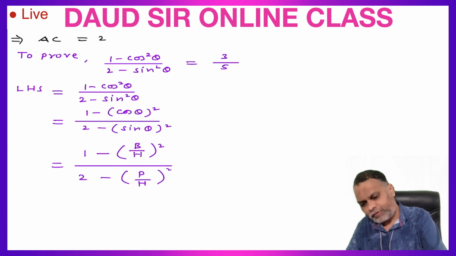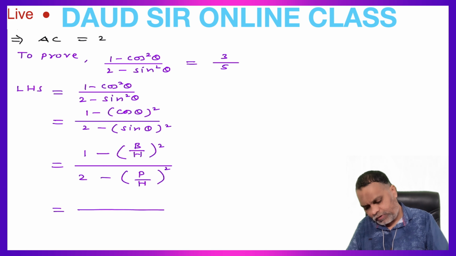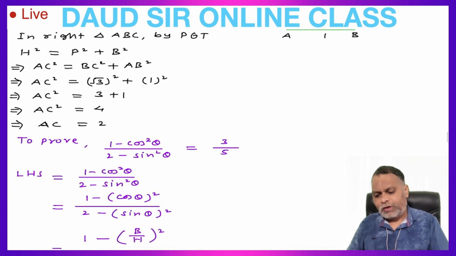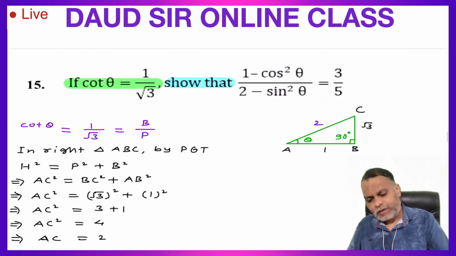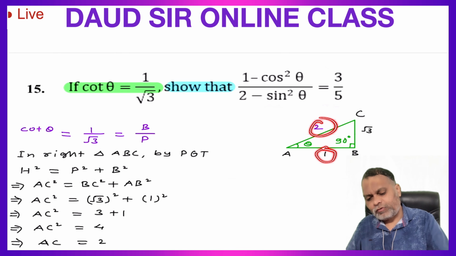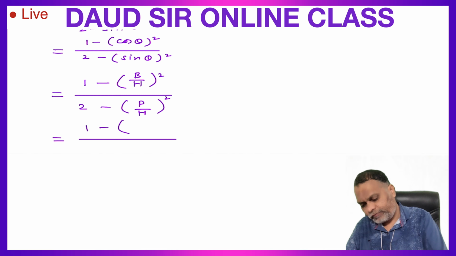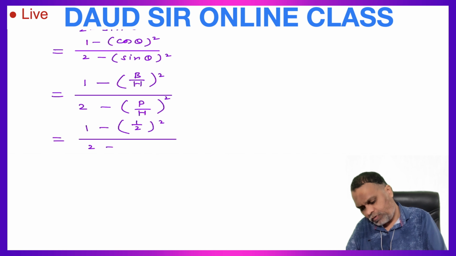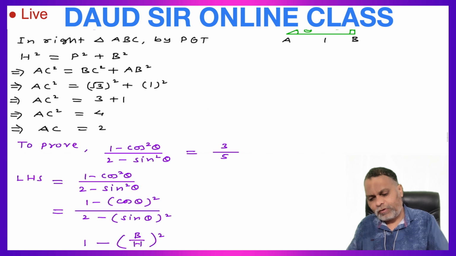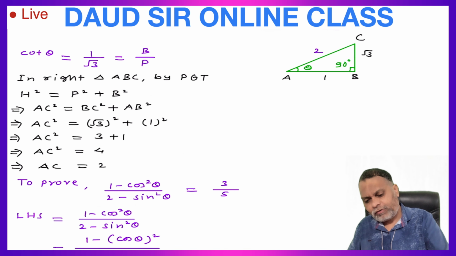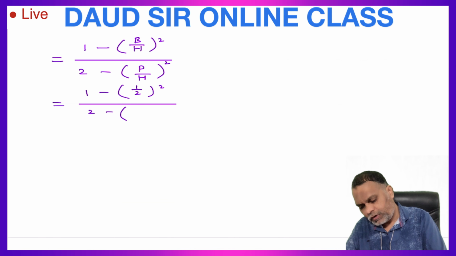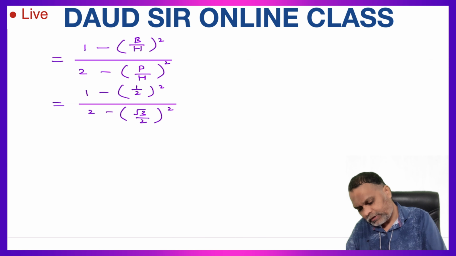Now substitute the values, which is equal to 1 minus base upon hypo. What is base? This is base 1 and hypo 2. So 1 upon 2 whole square upon 2 minus perpendicular upon hypo. Perpendicular is root 3 and hypo is 2. Root 3 upon 2, root 3 upon 2 whole square. Simplify this,